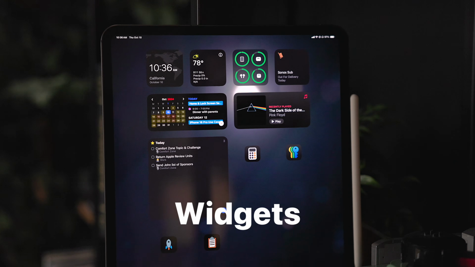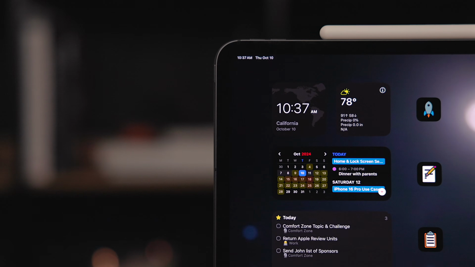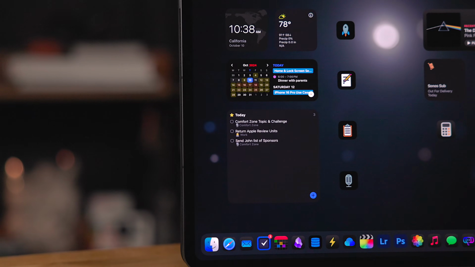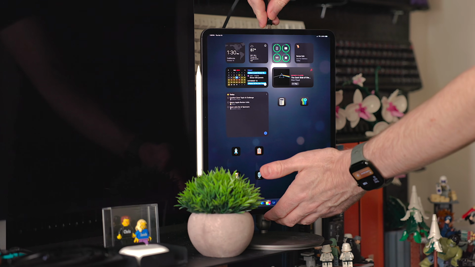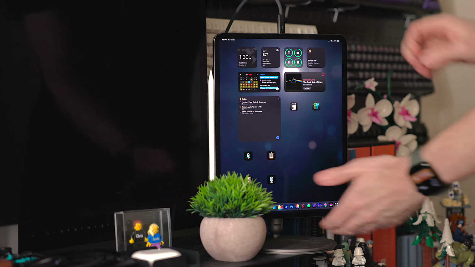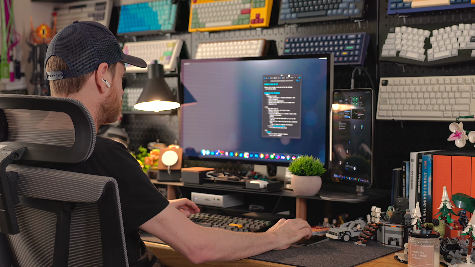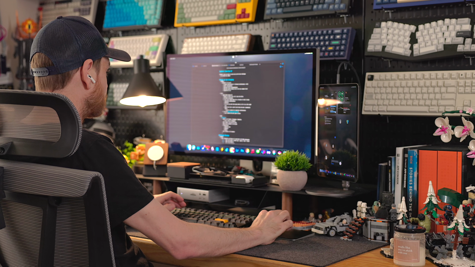On my home screen, I mostly have widgets. I treat my home screen like a dashboard. I want to see useful information about my day, plus the ability to do some quick common actions. In fact, when I work from my desk, I keep my iPad off to the side in a stand. I use the external monitor support, but leave the iPad's display alone. This way I can always see a dashboard of my widgets.